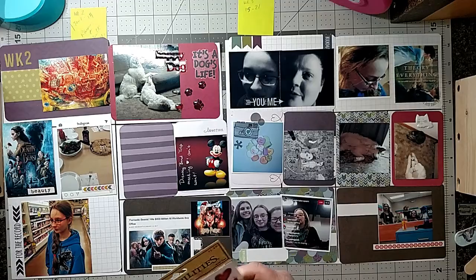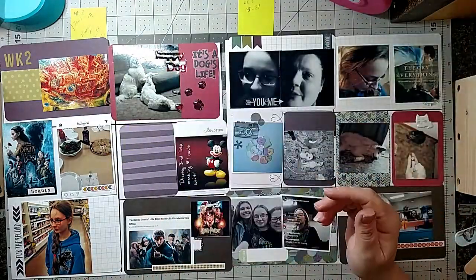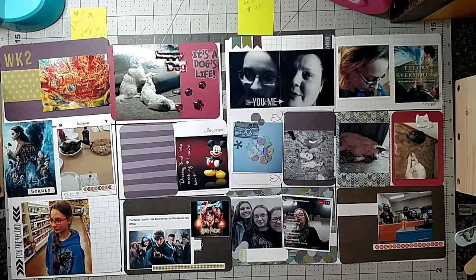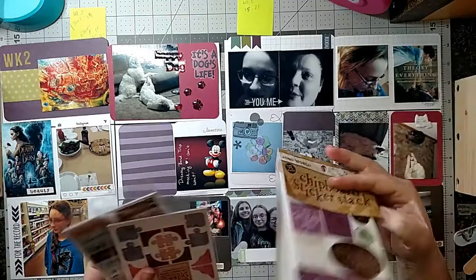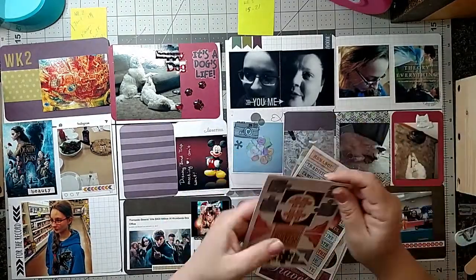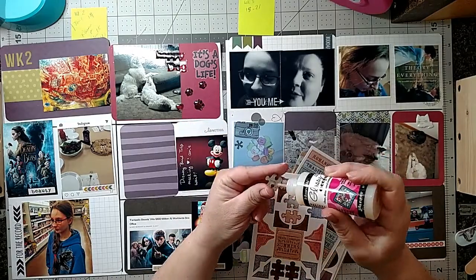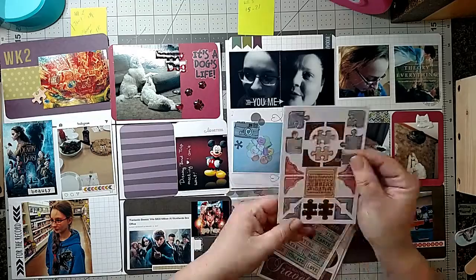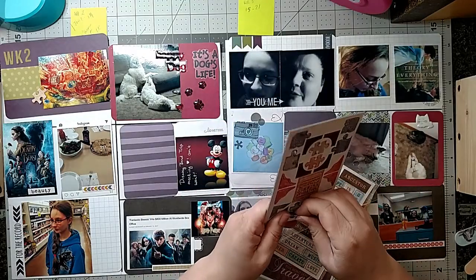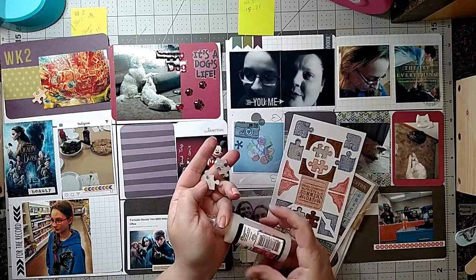Since I am kind of just all over the place here, I'm going to go ahead and talk about the week 3 side. Originally I had these cut into 3x3s. There were 16 3x3s on a 12x12, and I put it in my binder, and it was bigger than the rest of them because